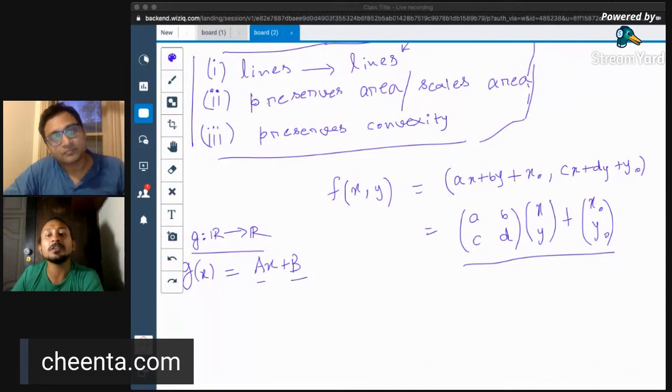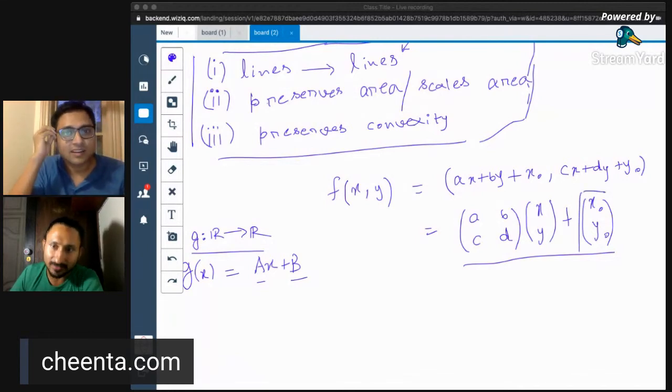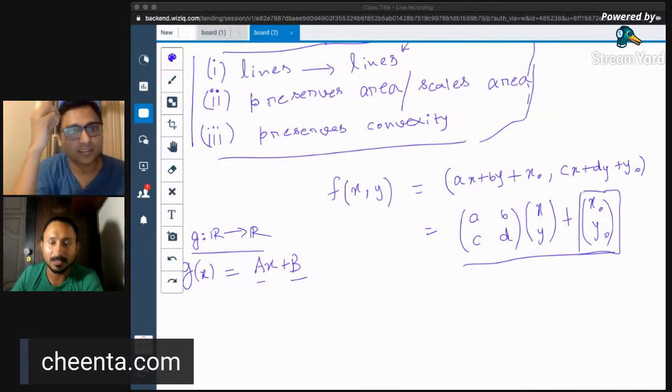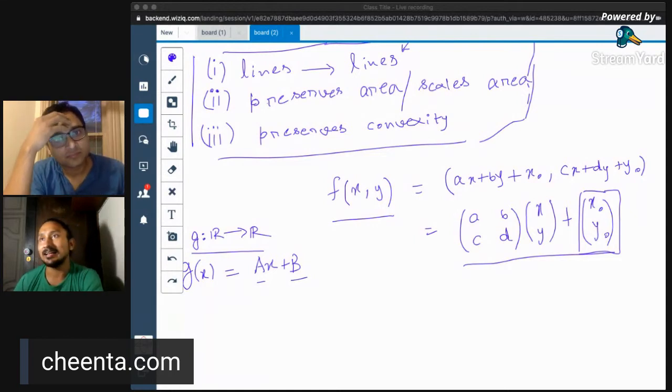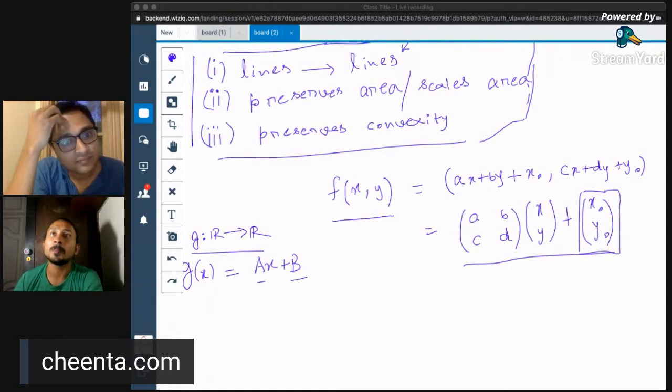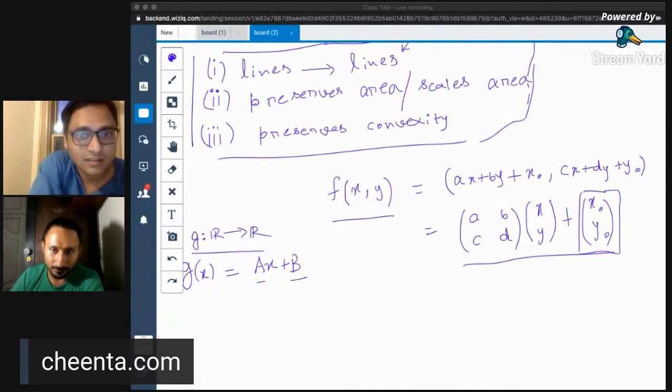So when you add some vector like this, you get a translation. Such a transformation, which we call affine, is the composition of a translation with some matrix. Note that the basic transformations that we know, like rotation, translation, and reflection, are all affine transformations. For example, if you take A, B, C, D to be the identity matrix,